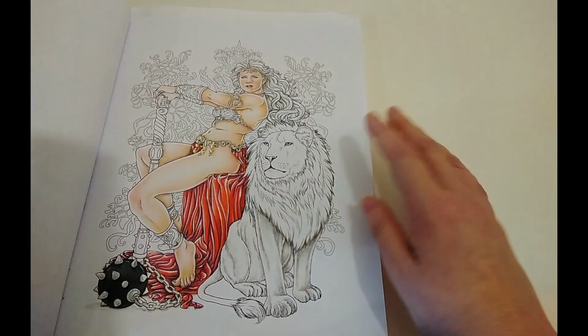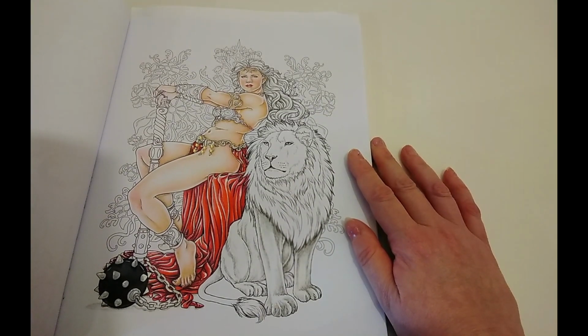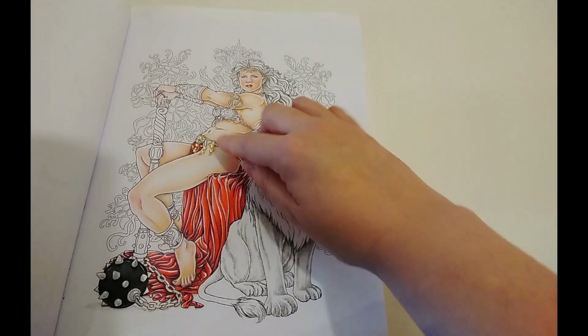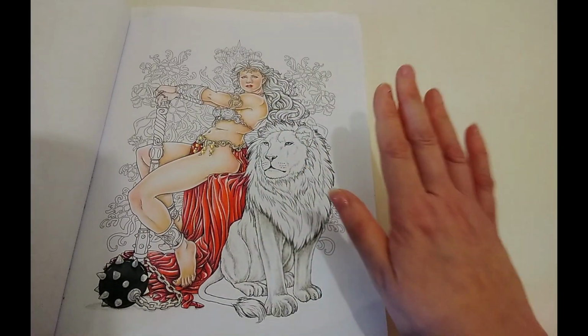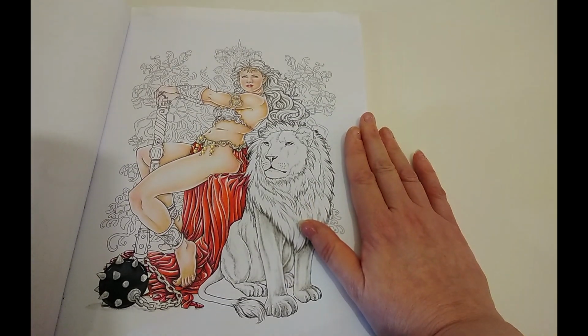I'm not entirely convinced by how that will work, but I'm going to give it a go, and if it doesn't, I'll change it somewhere along the way. I've given her some stick-on crystals on her belt. There we go. And also with this book, this kind of ties in to my plans for December,